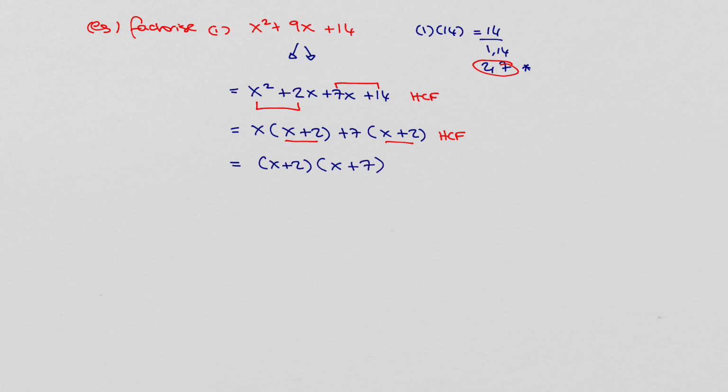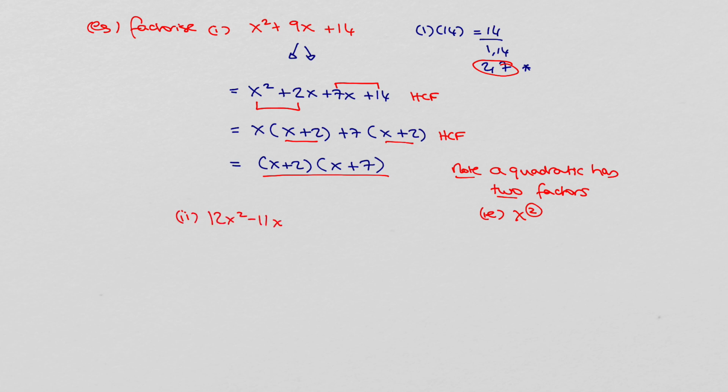So I can see I now have 2 factors, and any quadratic will always have 2 factors. So a quadratic will always have 2 factors because the highest power of x is 2. A cubic, therefore, would have 3 factors. So if we look at one more example, if I have 12x squared minus 11x minus 5,